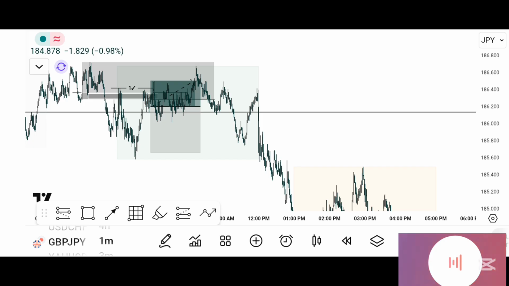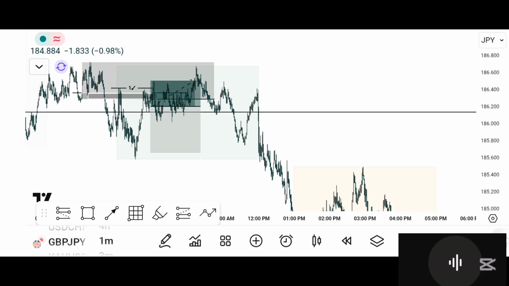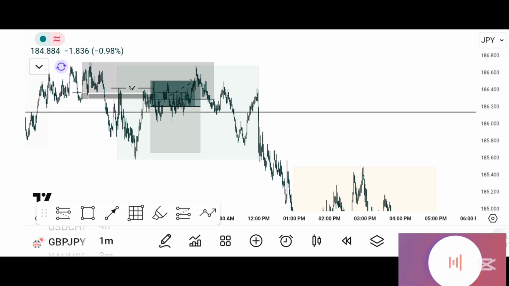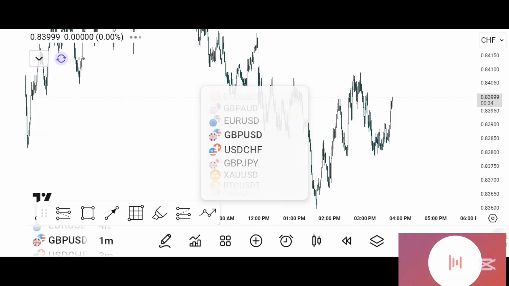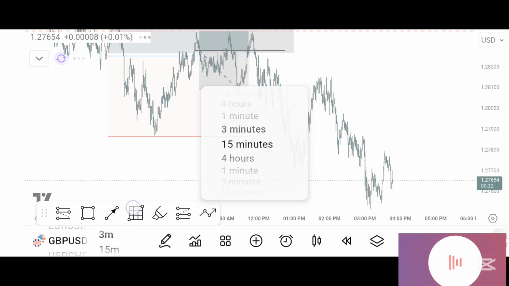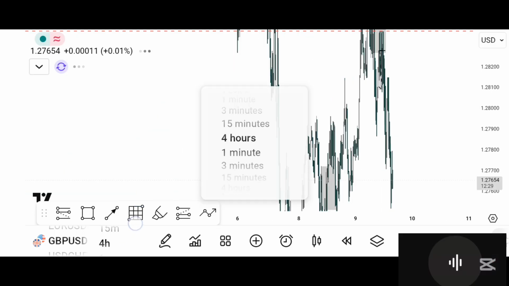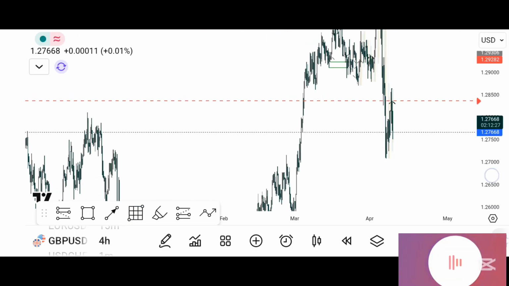So another pair, which is GBPUSD, gave me an entry. So now let me break that one for you guys. Let me break the GBPUSD trade down for you guys. That was the one that gave me +1R. You get? Now going to the 4-hour